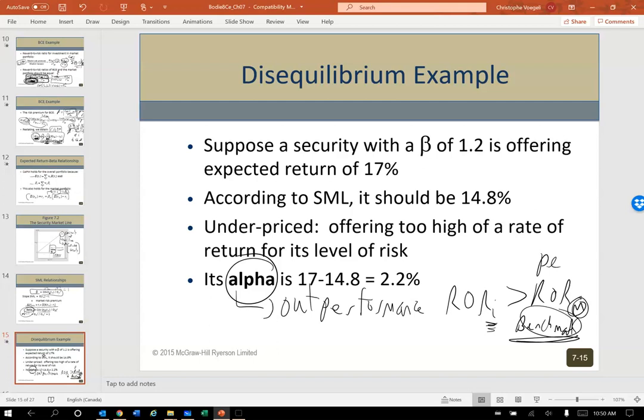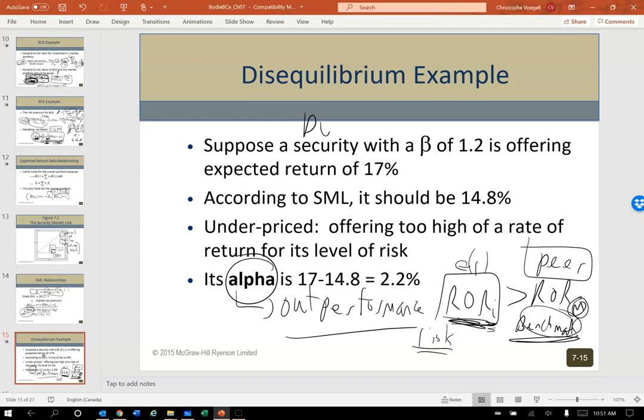The other one you'll hear sometimes is the peer group. So this mutual fund did better than 80% of its peers. So it's a Canadian balanced fund. How did it compare to all of the peers in the universe of Canadian balanced funds? So there you go. So alpha is almost talked about in terms of outperformance for the return. But remember, what's the other big measure in finance we care about? It's not just rate of return, or E of R, it's also a measure of risk. So remember we talked about dominant portfolios?